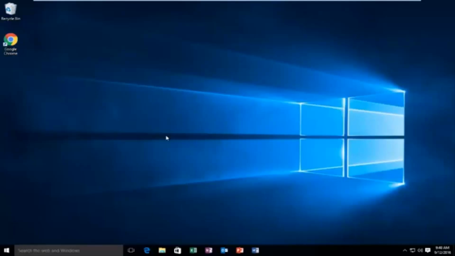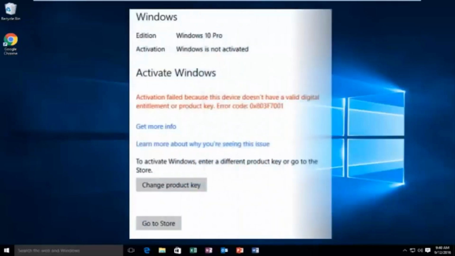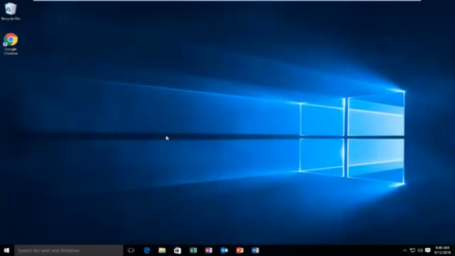Today I'm going to be showing how to resolve the activation error you may be receiving after upgrading to Windows 10, that would give you the error alert of 0x803F7001. Since this is an apparent activation issue, there are two different methods we're going to go through to hopefully resolve your issue. The first one, if you've upgraded from Windows 8 or Windows 7, we're going to try to